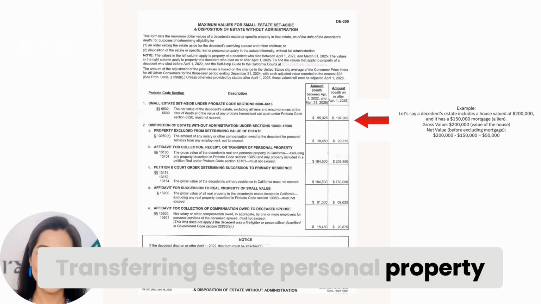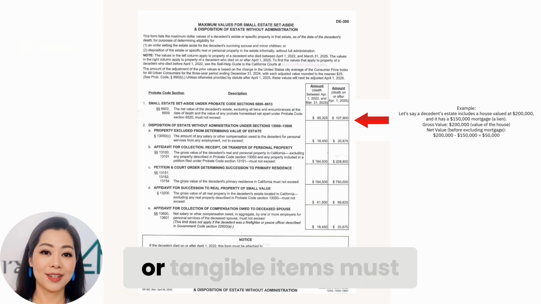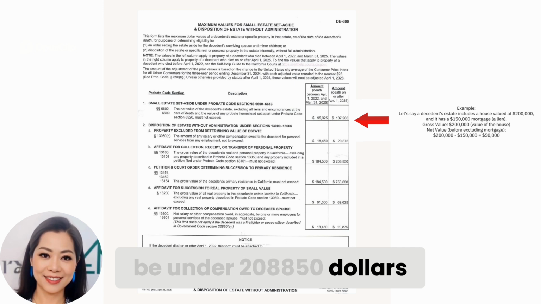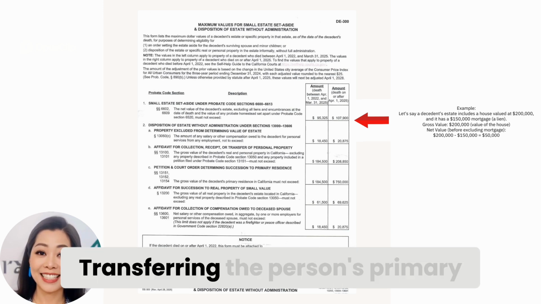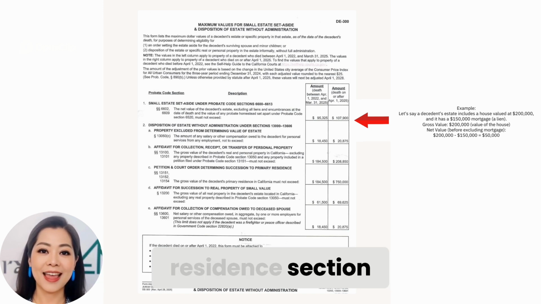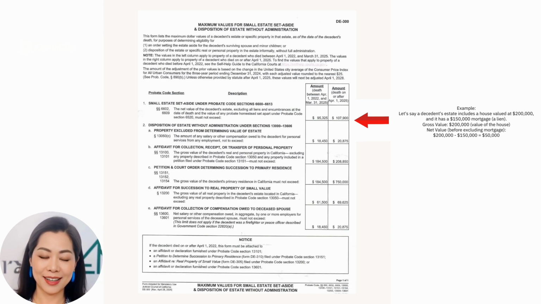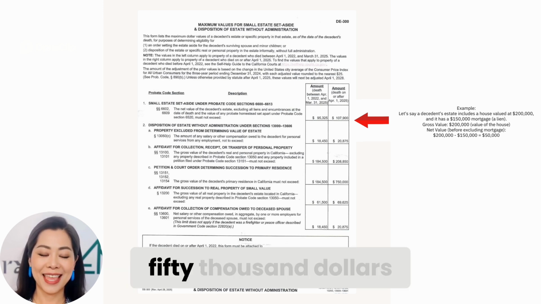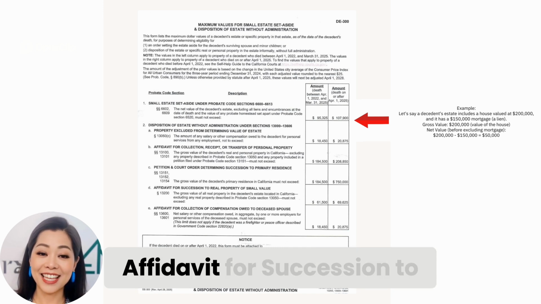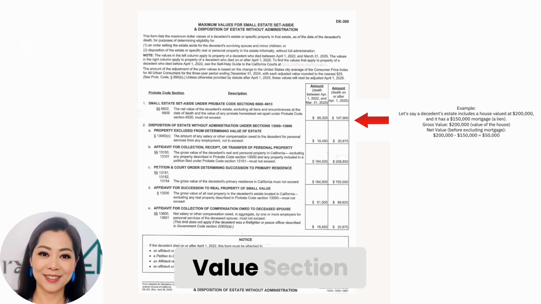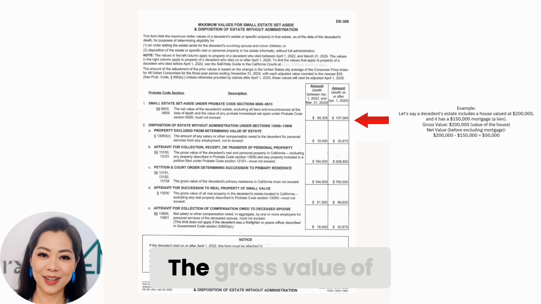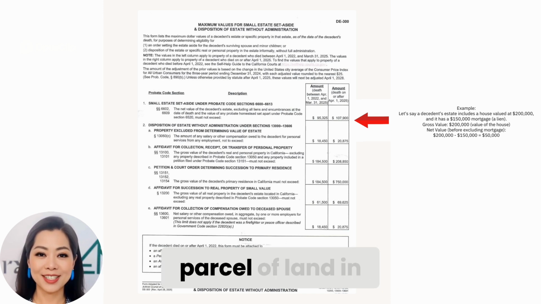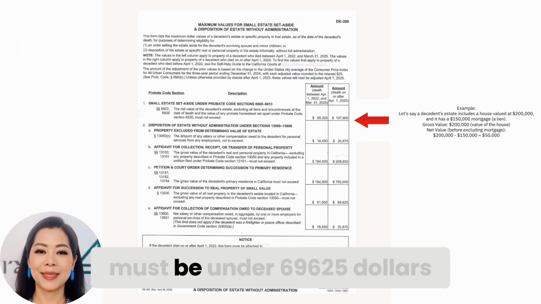Transferring estate personal property like money in bank accounts, stocks, or tangible items must be under $208,850. Part C. Transferring the person's primary residence, Section 13154. The primary home in California must be worth less than $750,000. Part D. Affidavit for succession to real property of small value, Section 13200. The gross value of real property located in California, like owning a small parcel of land in California, must be under